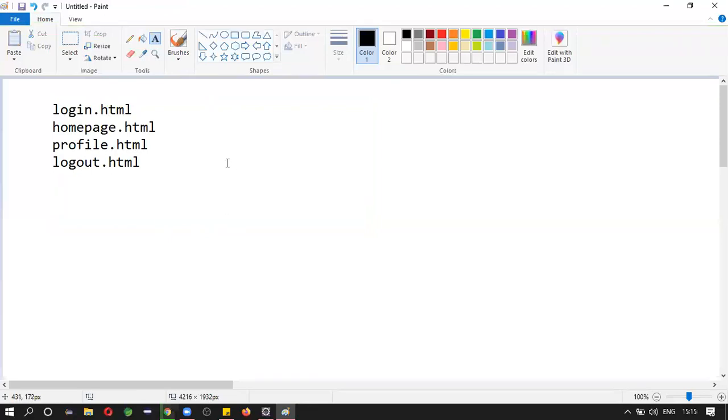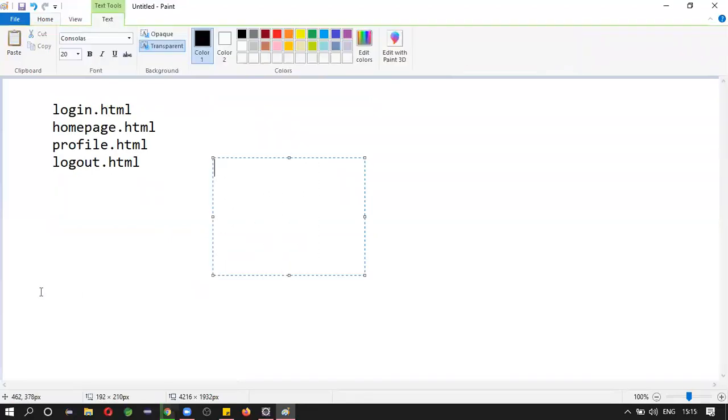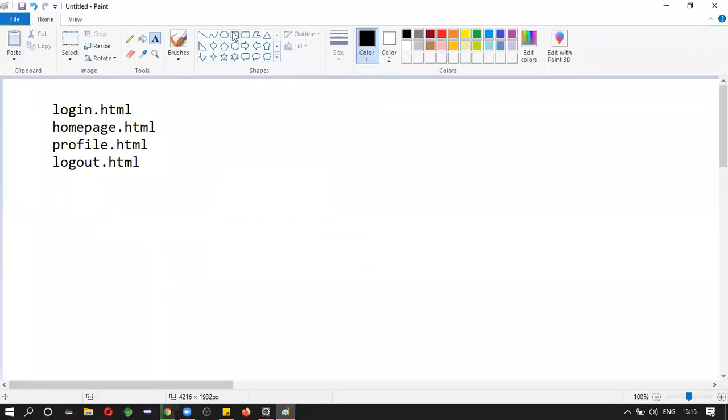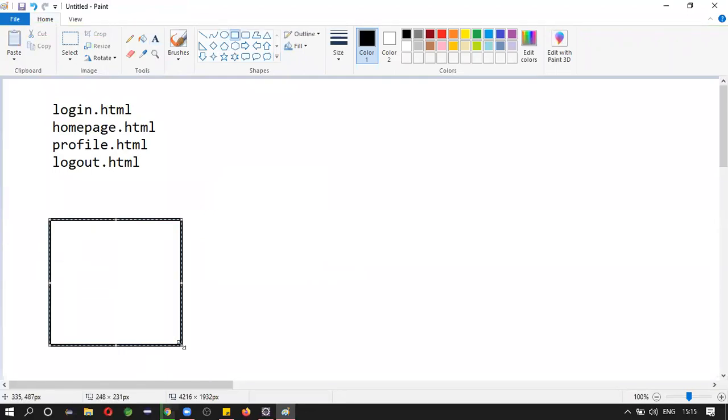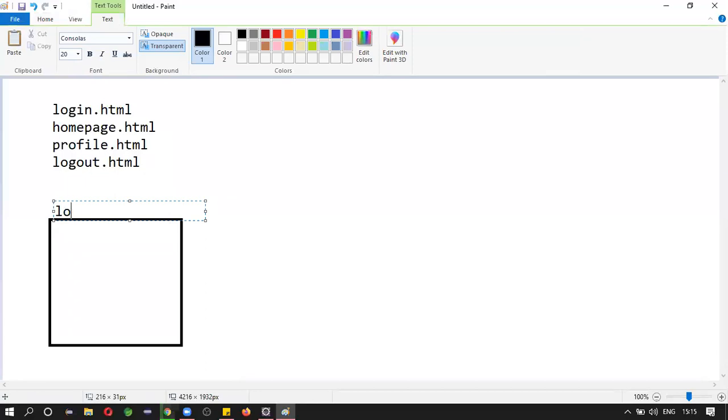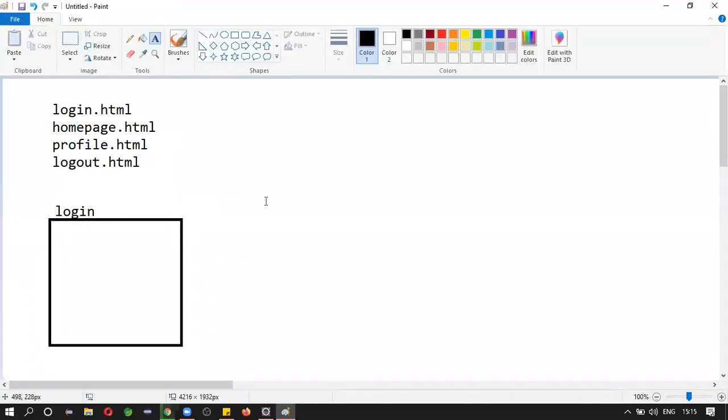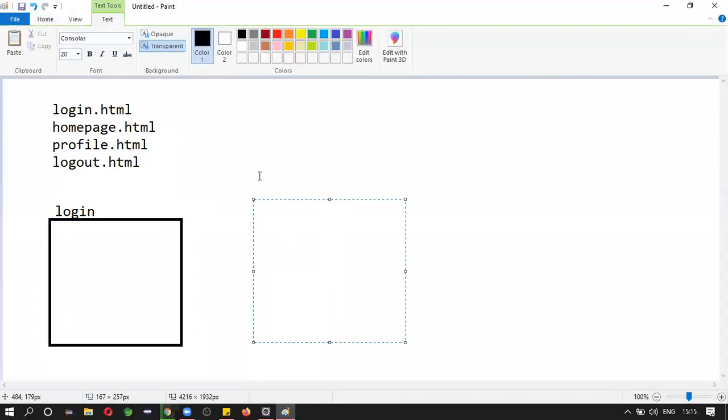Follow this flow. First of all, it will show the login page. Then the home page.